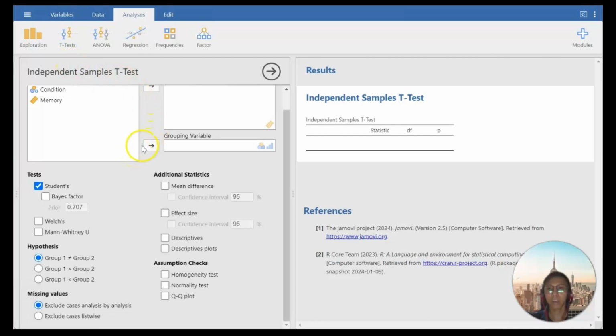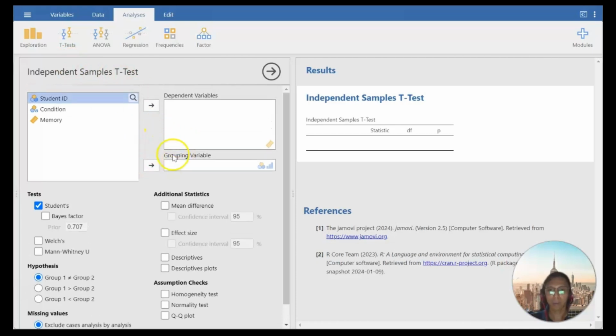In the grouping variable box, select the variable that represents your group. So this condition. And in the test variables box, select the variable that represents the measurements you want to compare. So this memory.